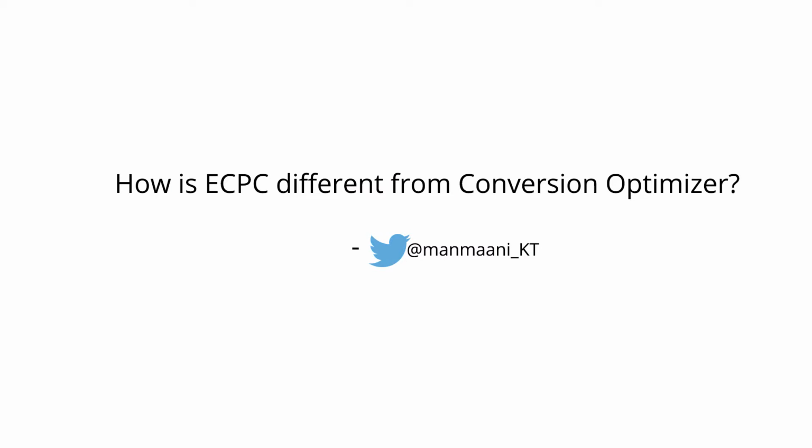And today we have a question from a Twitter user who asks Amanda, how is ECPC different from Conversion Optimizer? Great question. So for those of you who don't know, ECPC stands for Enhanced Cost Per Click. Enhanced Cost Per Click and Conversion Optimizer are two advanced bidding strategies that we use with our feature called Conversion